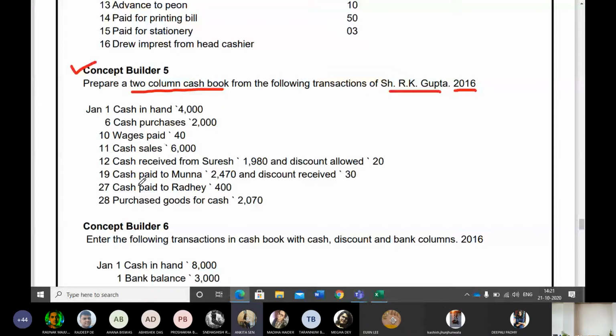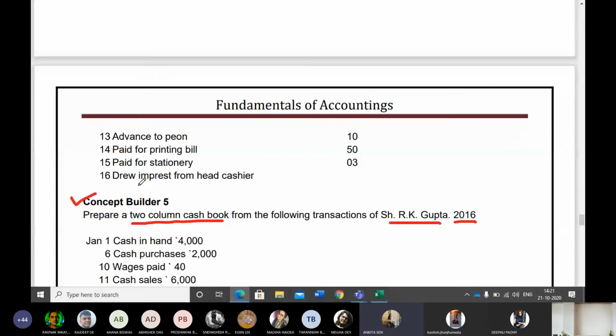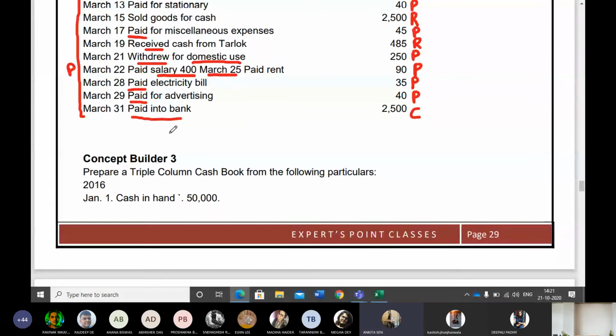On the last question, the last entry you told you would discuss, that is only the contra entry. This time they said paid into bank. Again, the entry will be bank account to cash. You have to plot it in the same way we plotted the above contra entry, where we deposited certain cash into bank. This time they use the words paid into bank. The entry is same, bank account debit to cash account. This is again a contra entry.